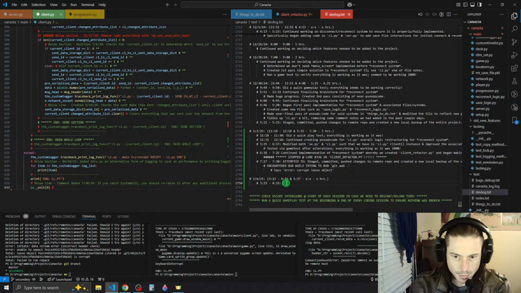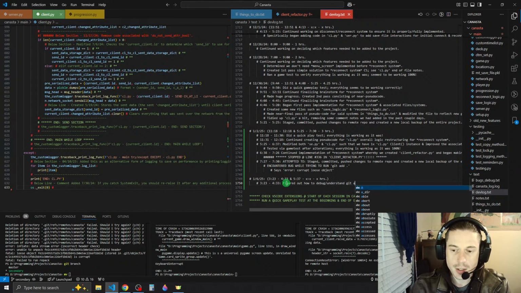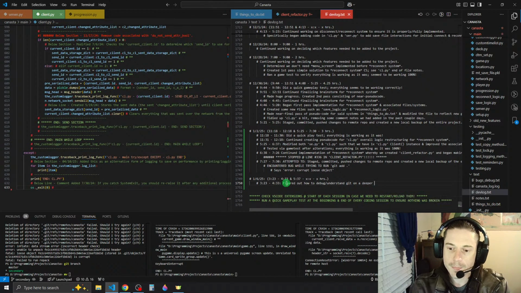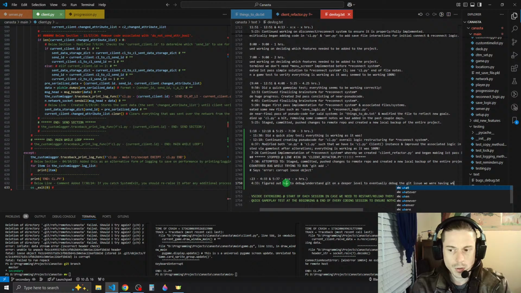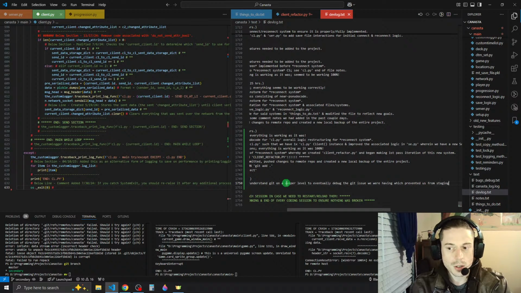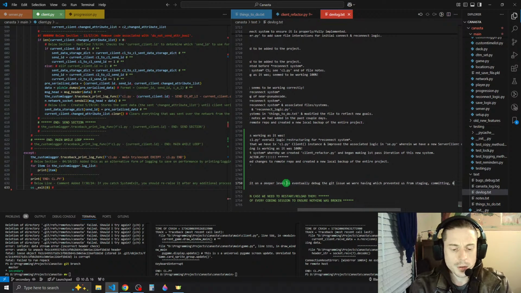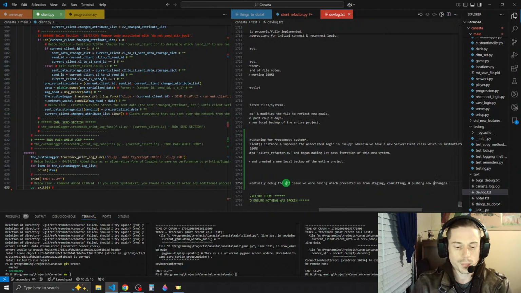Right, and in that session, we really figured out how to debug and understand Git on a deeper level, to eventually debug the Git issue we were having, which prevented us from staging, committing, and pushing new changes to project changes.